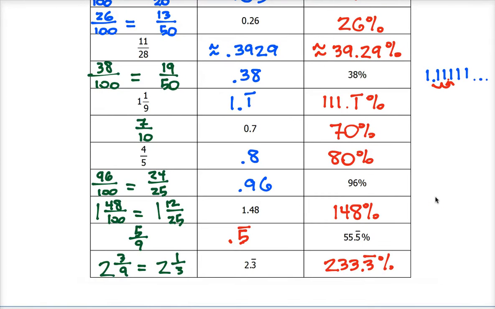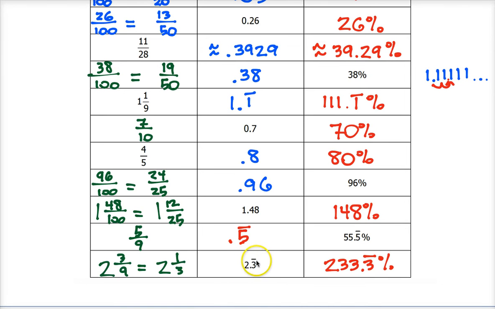The 2 I would really pay attention to are the 2 rows here at the bottom. So 55.5 repeating percent as a decimal is 0.5 repeating, moving the decimal point 2 places to the left. As a fraction, remember I said anytime you have a repeating decimal, to write that as a fraction, you just simply put the part repeating over 9. So 0.5 repeating is the same as 5/9. Okay, 5 is the repeating part, and then over 9 to signify it's a repeating decimal. The same is true with